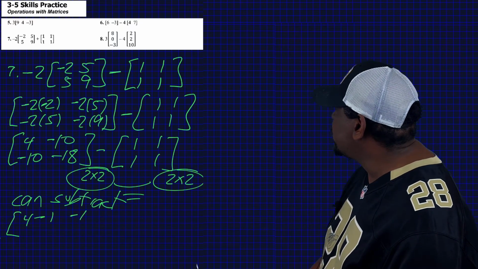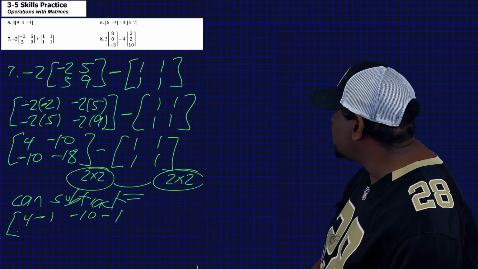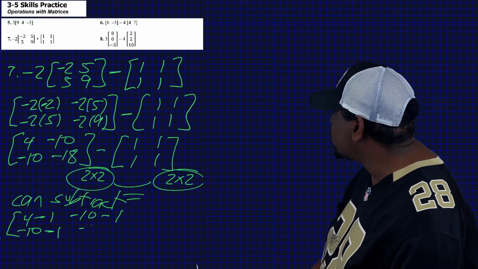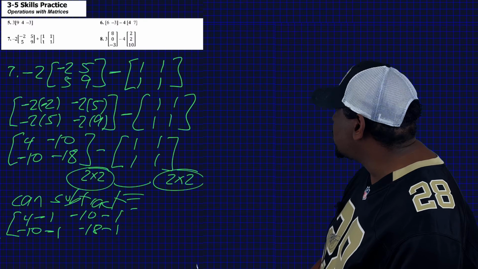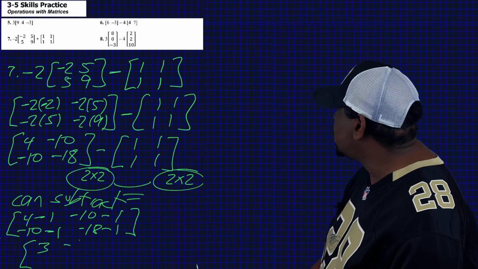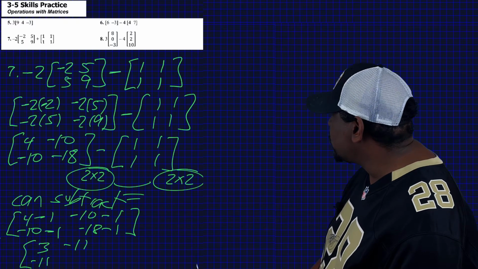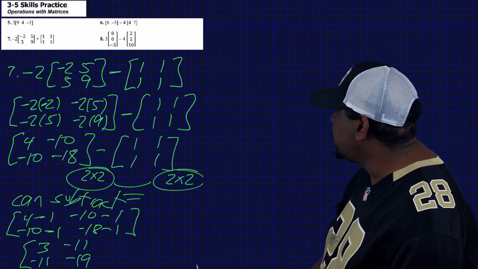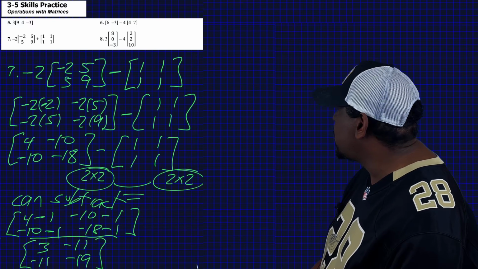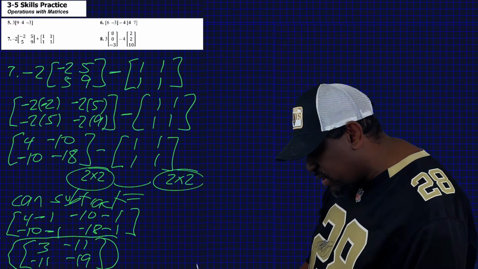So what we're going to do now is we're going to subtract the corresponding quantities like we've been doing. So we will have 4 minus 1, since those 2 entries correspond. Negative 10 minus 1. First row, second column. We got negative 10 minus 1. And we have negative 18 minus 1. And when we simplify those, we end up with 3, negative 11 across, and then the bottom row will be negative 11 and negative 19,